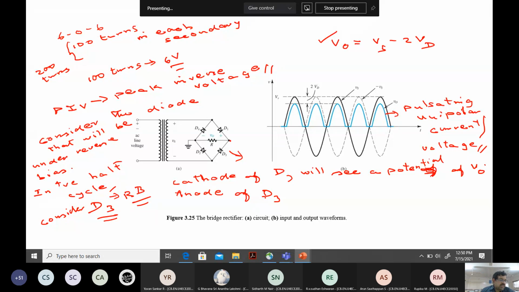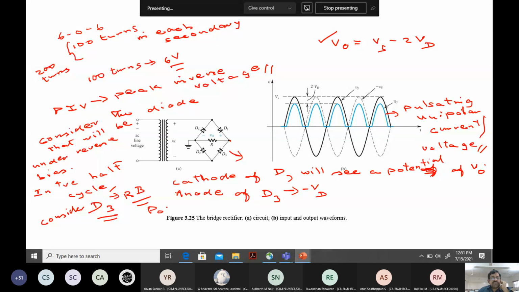Okay. So if you look at the anode of this, you will have to see this is under reverse bias, and this is definitely more positive than this, and this is under negative, and the voltage drop across this will be minus Vd, but with respect to this point it will be at minus Vd, because that is the way it is. Okay, so you can clearly see that it will be at minus Vd. So what do you get here?